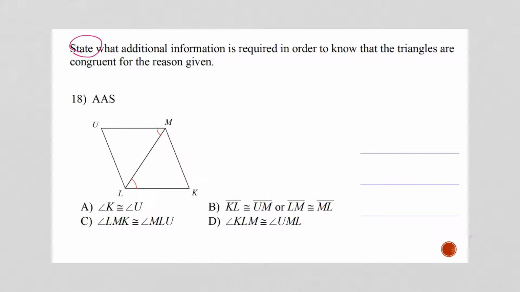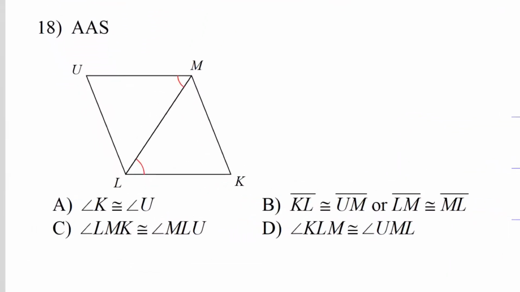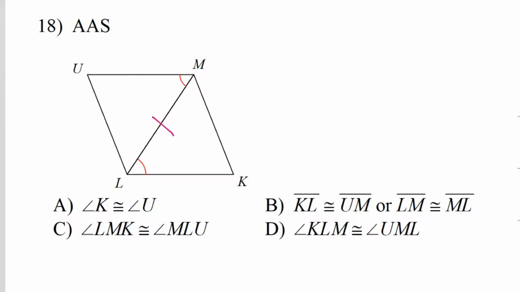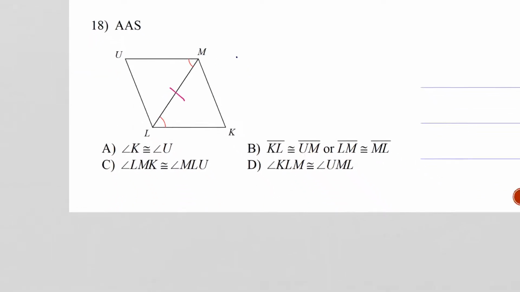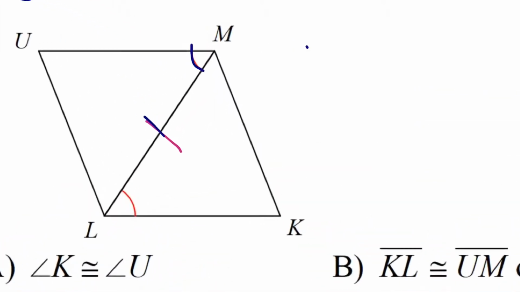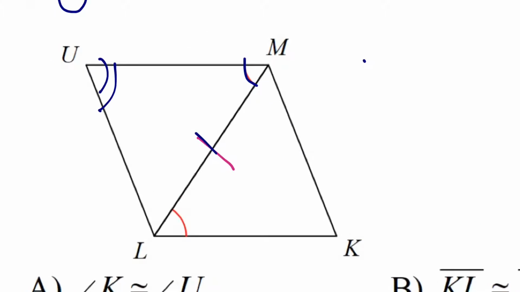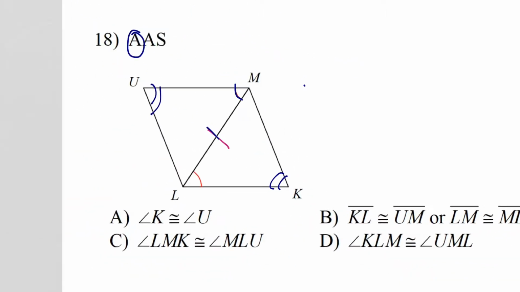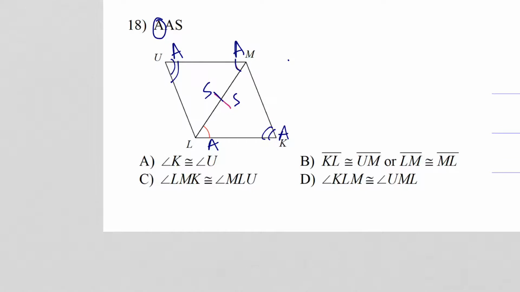Number 18, I need to state what additional information is required. Well, I already know that because they share this side ML, I can add the tick mark because by the reflexive property they're congruent. So I have an angle and I have a side. I need another angle, and I'm going to circle the angle in front of angle side because I already have angle side. So if I get angle U, it corresponds to angle K. If I get them, this will be angle side for triangle UML, and this would be angle side for triangle KML. So I can use angle U and K, which is A,